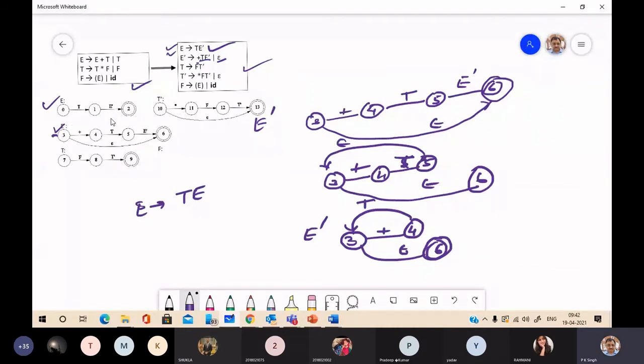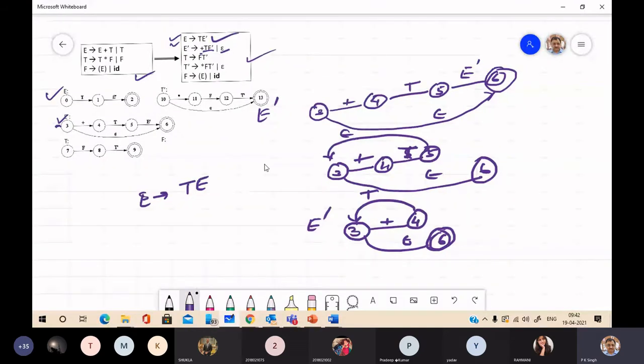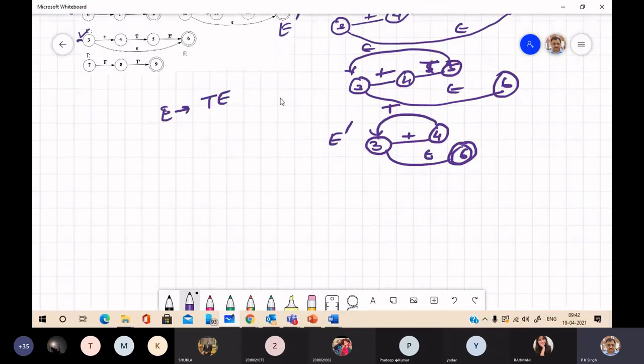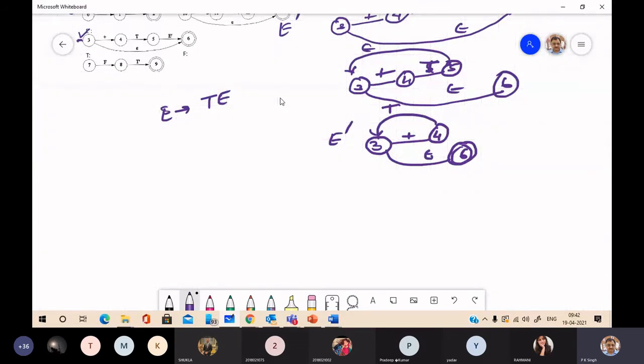For E, the transition diagram is T, E dash. This is the final state. So you can replace this E dash by the E dash diagram. The numbering is 0, 1, 2.